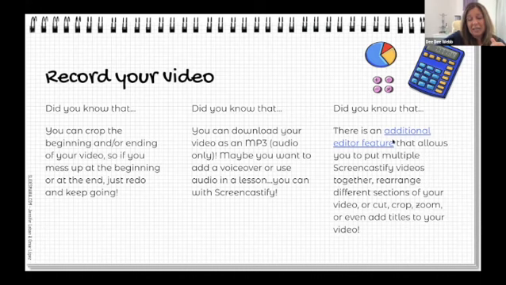And I have included a tutorial here in my presentation. It would take longer to explain how to use that editor feature. It's not complicated, but in the time that we have, I wouldn't have enough time to explain it. So I did include a tutorial so you can maybe go back and learn how to do that. But that's really, really, really a neat feature that they've added recently.